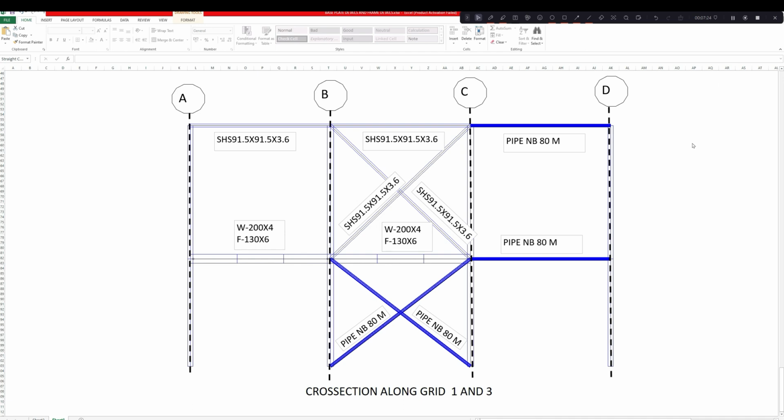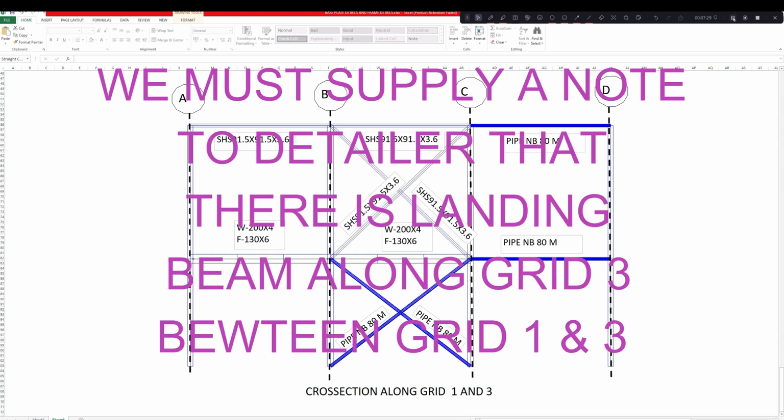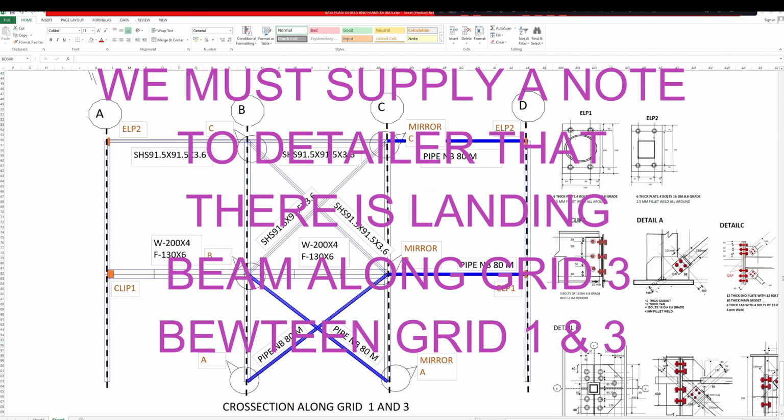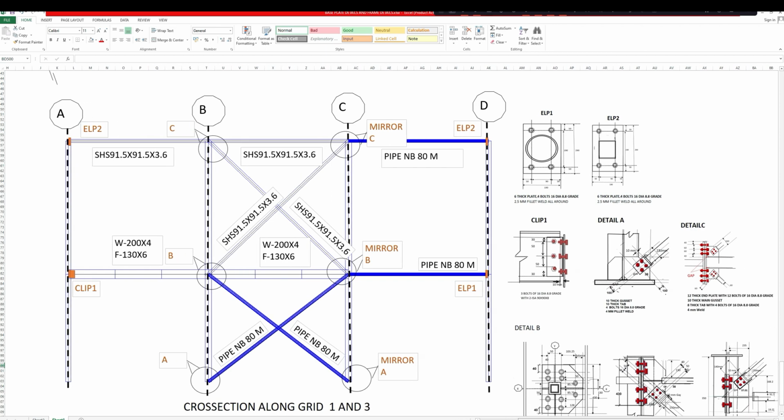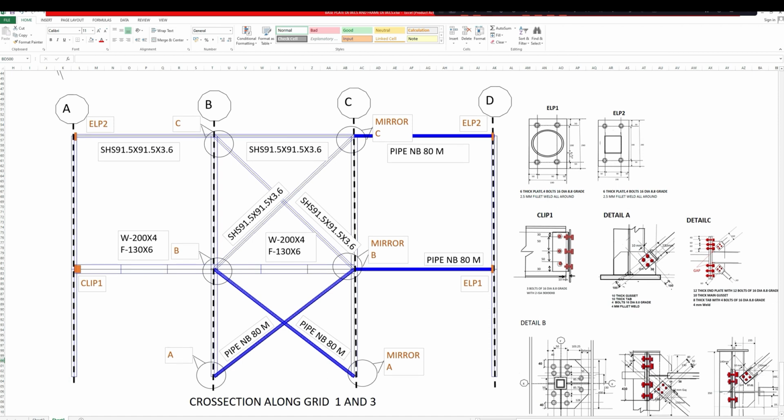Next is to provide the connection detail. So reading the connection detail, we will have this kind of connection detail. The frame cross-sectional elevation with the connection details. Now if you see, this is it. LP1 is having nominal bore of 80 mm medium pipe. LP2 is having square hollow section. Clip-on is the beam connection, and